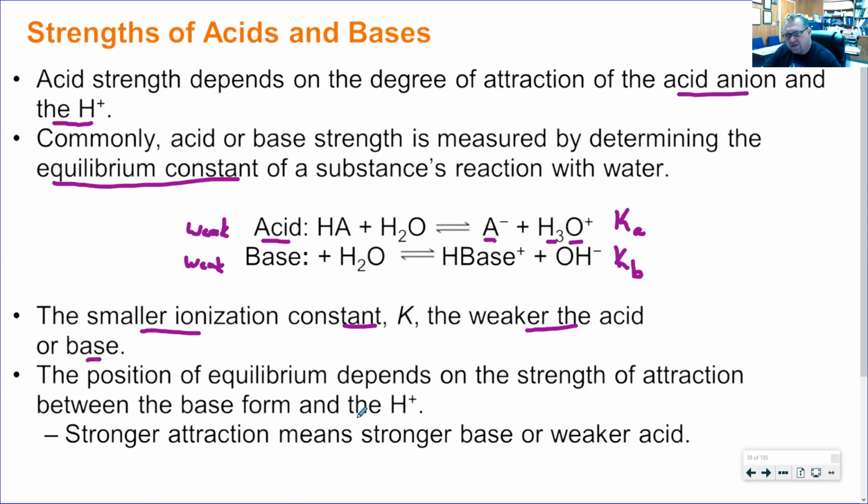So if we think about something that's very strong and starting to approach 1 or even be larger than 1, and then if it's weak, the smaller that number is. Remember, it never can be 0, but it can approach 0. The smaller that number is, the weaker that equilibrium goes in the forward direction, the more it favors the reactants than it does the products.